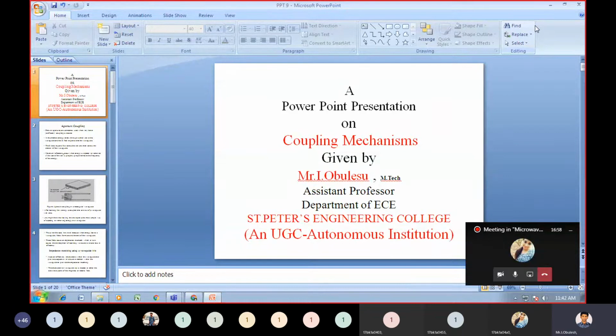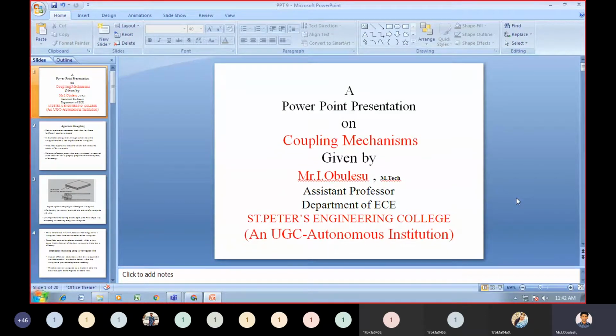So by injecting the probes and by injecting the loops, you will be able to eliminate, or reduce, the energy from the waveguide. We already discussed that one. Okay, so today we are going to discuss one more coupling mechanism among the three.